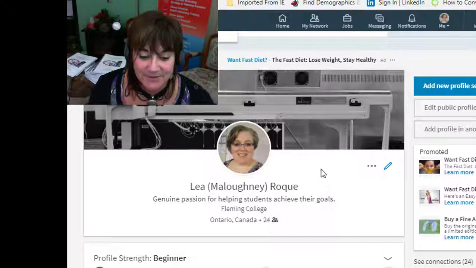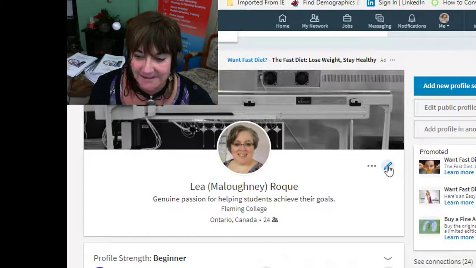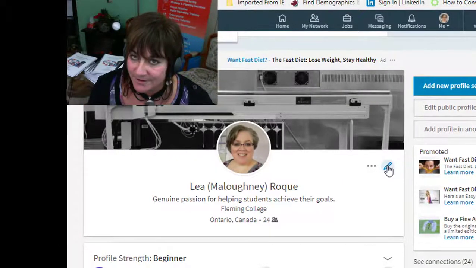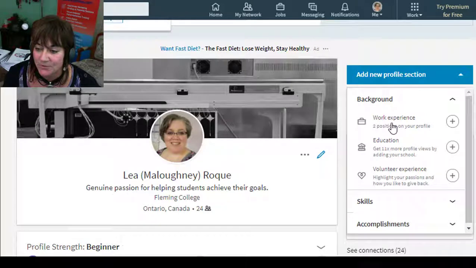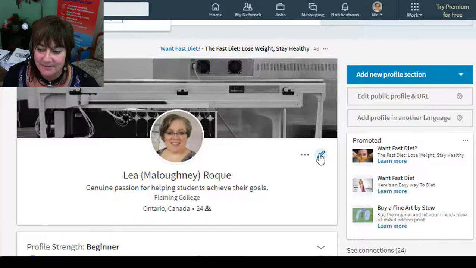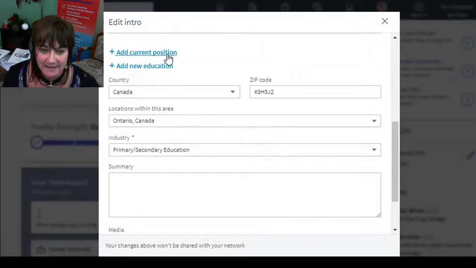So now what we want to do is go and add some more content. There's a couple different ways we can do that. Click on this little pencil again to add all of her information. Or there's another way where we can go over here to add a new profile section. We can add work experience, education, volunteer experience. Either one will get you to the same place. So I'm just going to click on the little pencil over here, and we're going to get into adding a